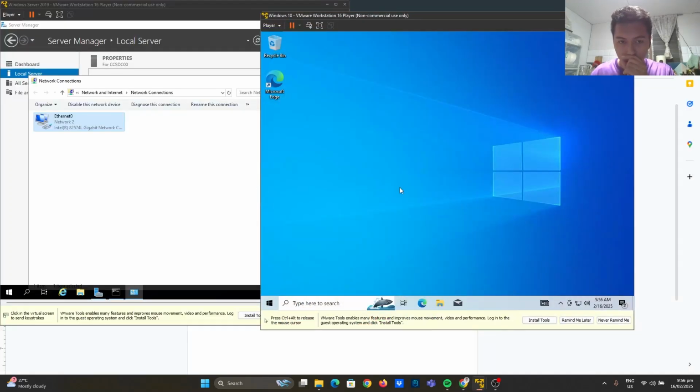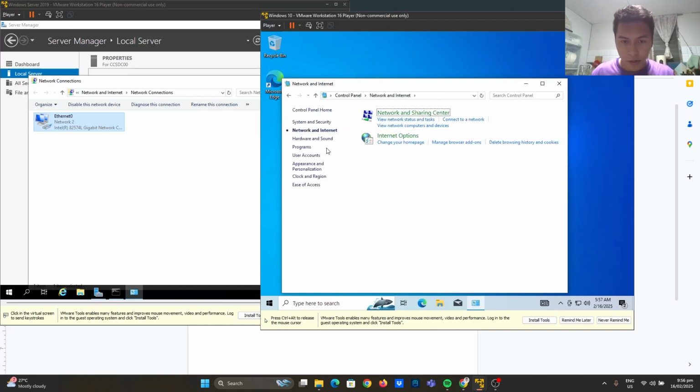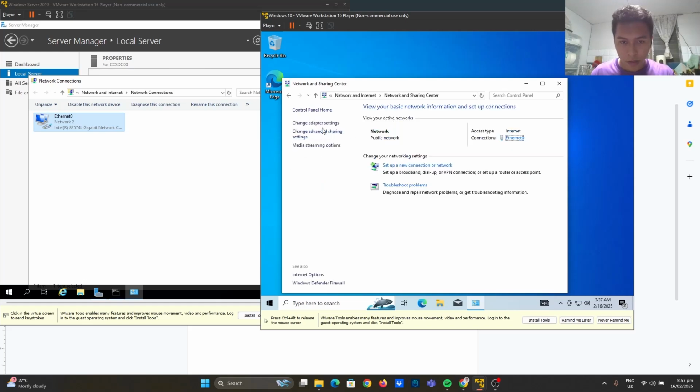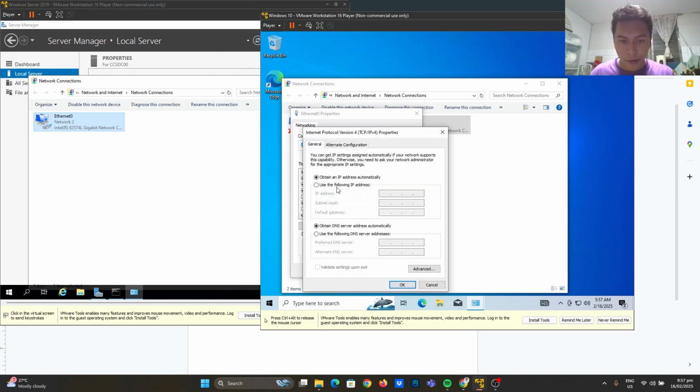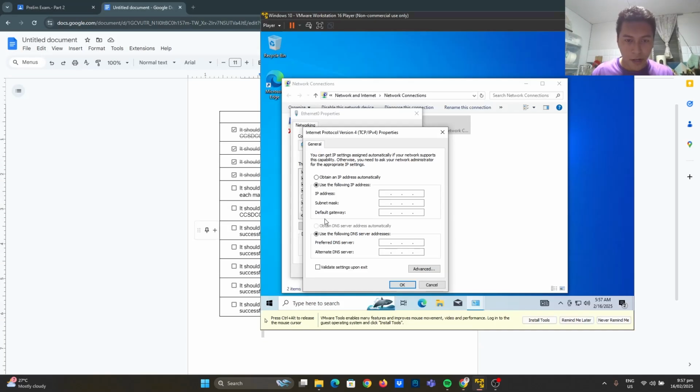So go to the control panel. Under control panel, let's not choose the sharing to see the private and public, but go to change adapter settings, properties, IPv4, and now we will use a static IP address because it's one of the test cases. Valid static IP address. So for the static IP address,